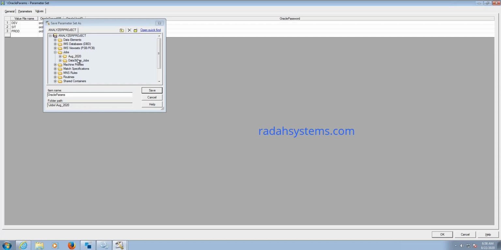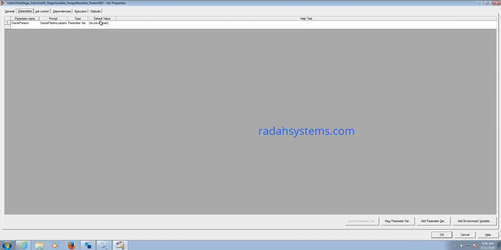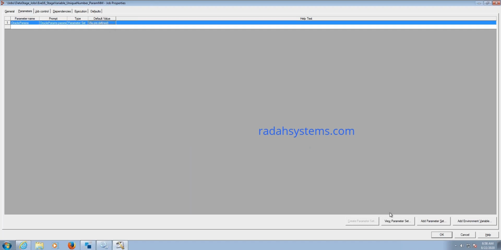I'm not following actually, Narayana. For example, I create this parameter set, right? You are giving a default value. If I don't give any default value, how would it extract? That's the first question. Second, a parameter set is something like you are declaring as a global, right?